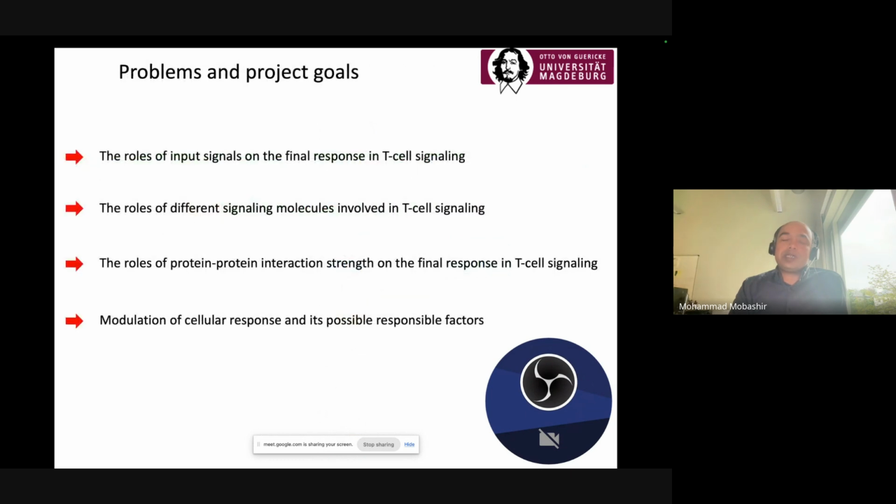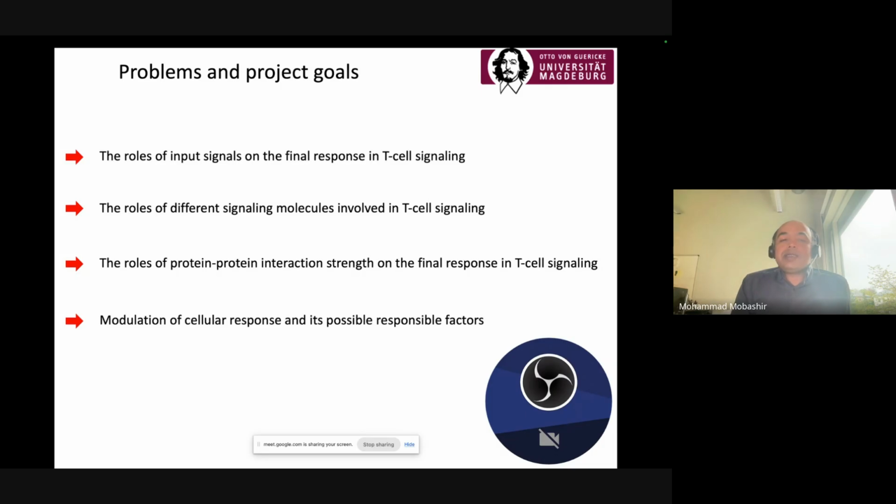For phenotypic changes, that is proliferation, apoptosis, or something. Now, the goal of the PhD project was to investigate the roles of input signals on the final response in T cell signaling, the roles of different signaling molecules involved in T cell signaling, the roles of protein-protein interaction strength, that is rate of reaction or kinetic parameter, and how the cellular responses, that means fully activated ERK, is controlled